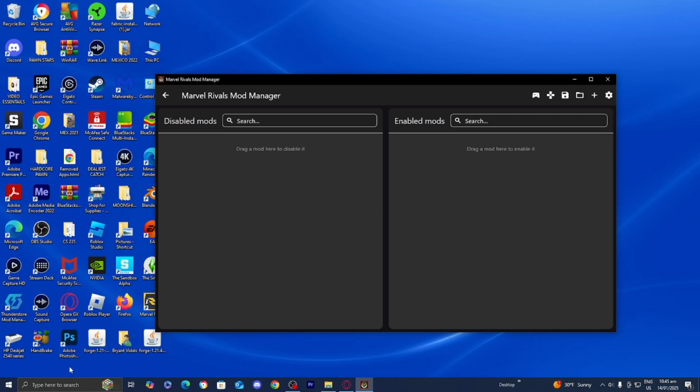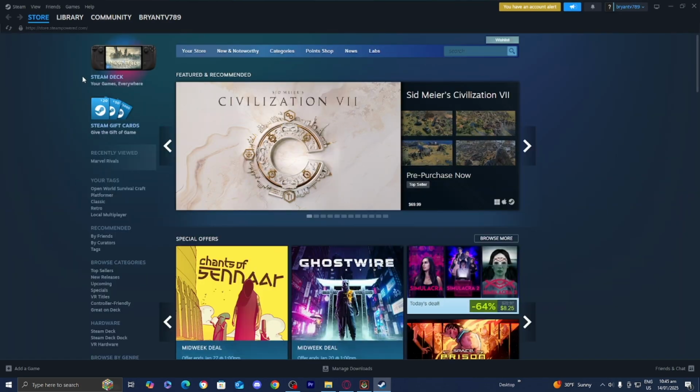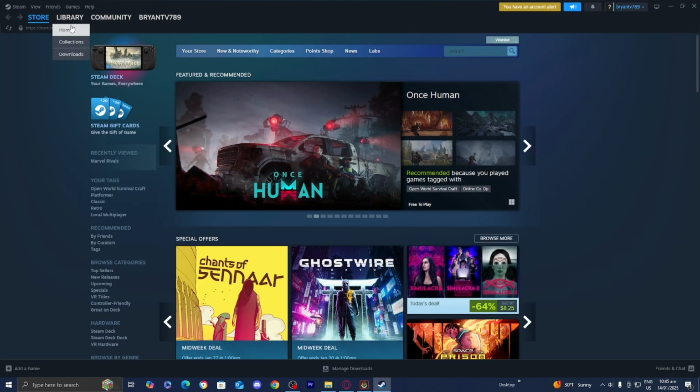So I personally play Marvel Rivals on Steam, so I'm going to go ahead and open up Steam, but this process will actually work the same on the Epic Games launcher as well. However, the UI just might look slightly different. Alright guys, so now all we need to do is head over to a library